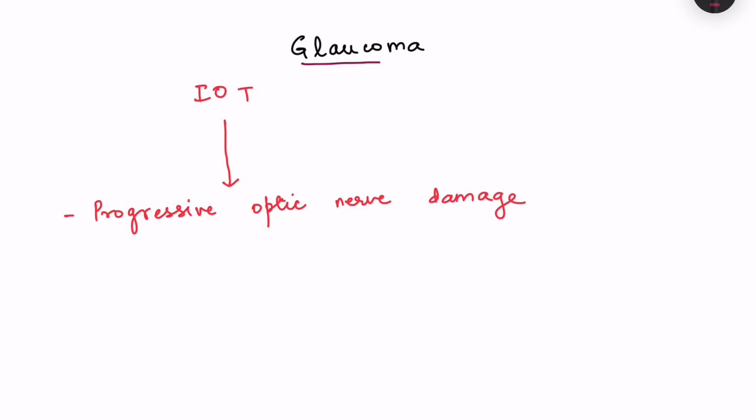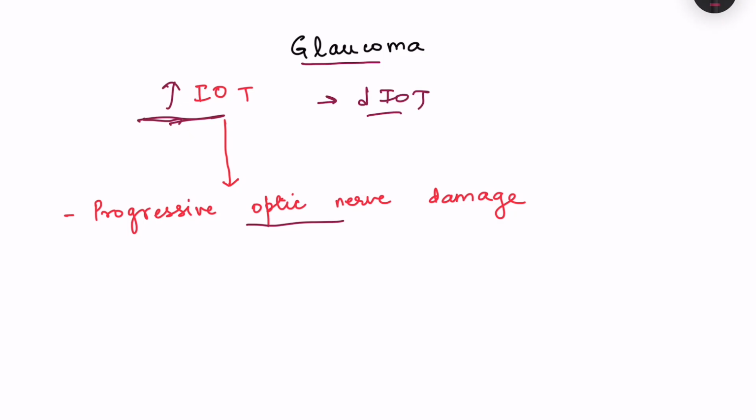Glaucoma is a condition of progressive optic nerve damage which occurs due to increase in the intraocular tension. Now, even though we are seeing increase in intraocular tension, sometimes IOT may be normal. Still, we get some characteristics of optic nerve damage and the changes are classically of that of glaucoma. So, even if the intraocular tension is normal, the therapeutic target is to lower